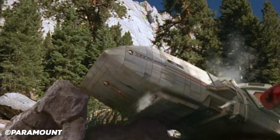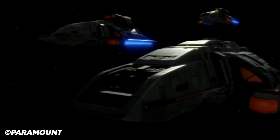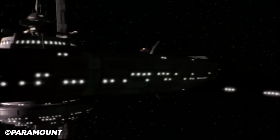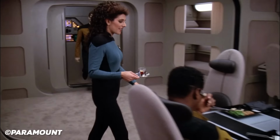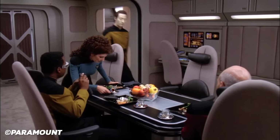While it did crash land on one occasion, it was salvaged and returned to the station. Rubicon and Volga were the only other two known, aside from the Rio Grande, to be docked at the station by the series' end. We're all surely aware of the joke that despite being a vessel native to Deep Space Nine,